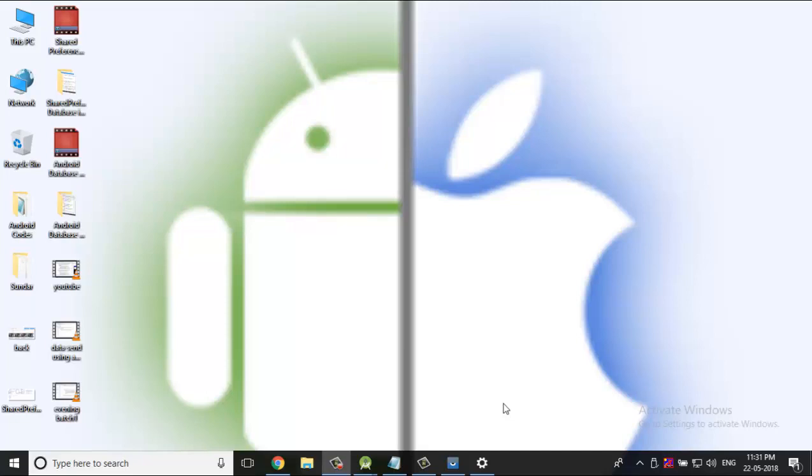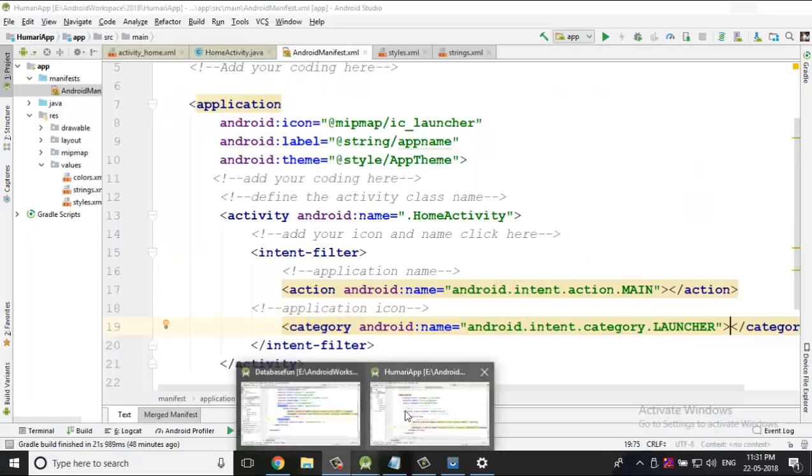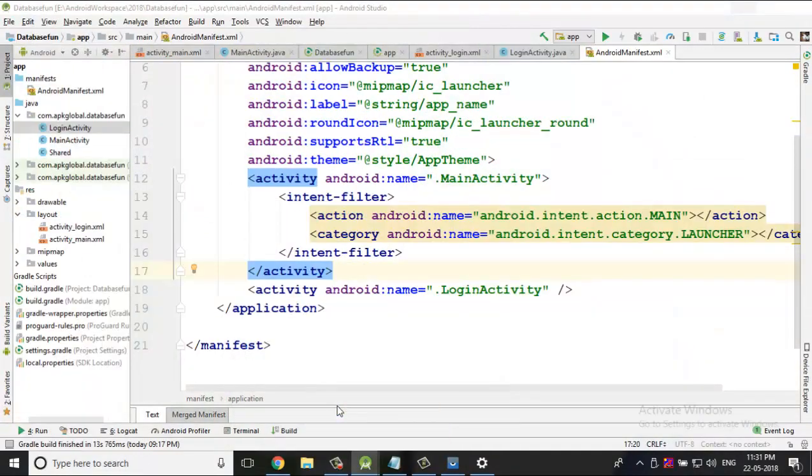Hello friends, my name is Pawan and I'm going to show you how you can work on the database in